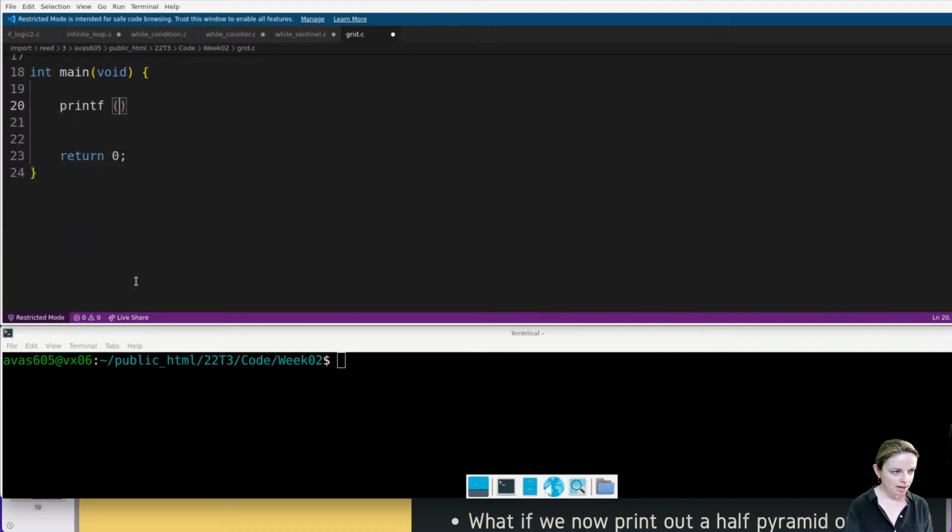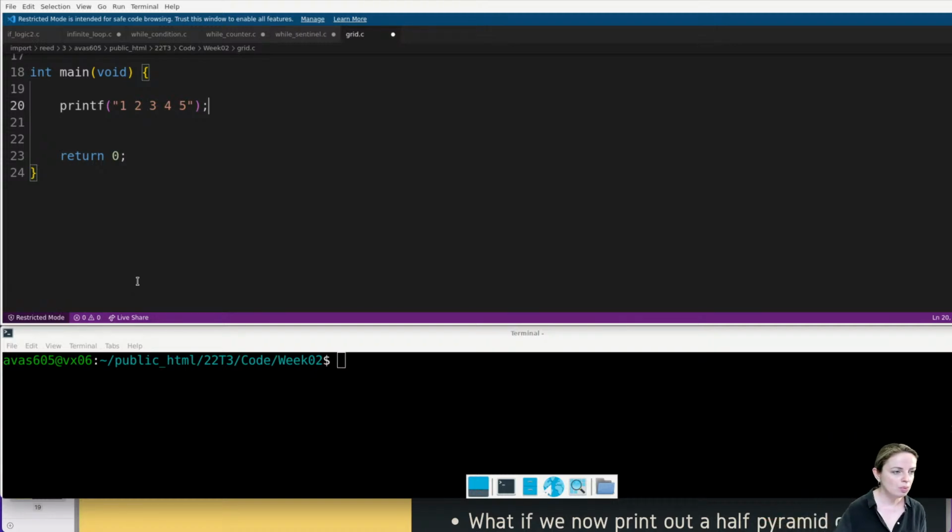For those of you that are tempted to print out 1, 2, 3, 4, 5, I would urge you not to do that. Why wouldn't we do that? We wouldn't do it because this is not very flexible programming. It's just hard coded in, which means that if you want to change anything, you're not going to be able to. It's just going to be printing out the same thing all the time.